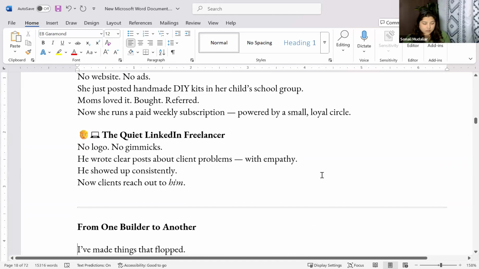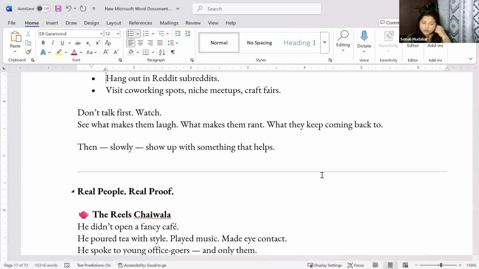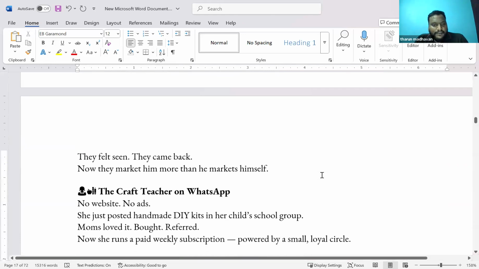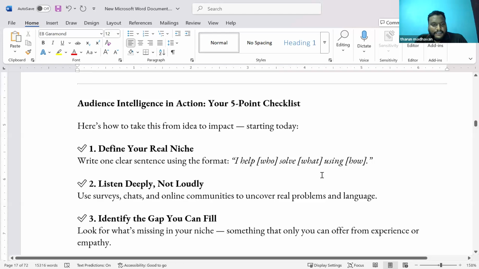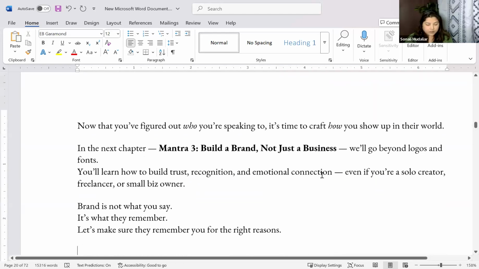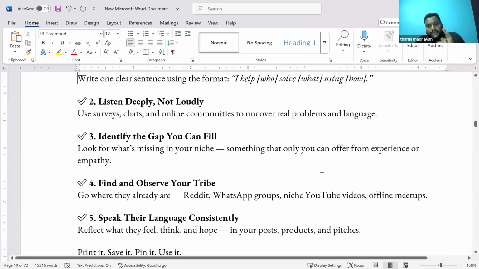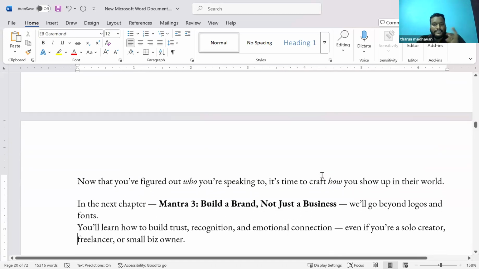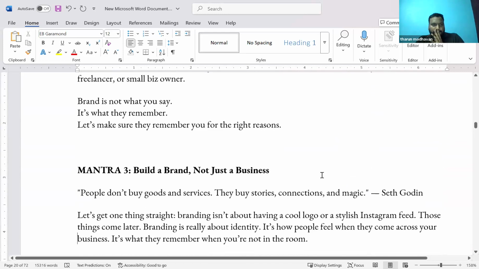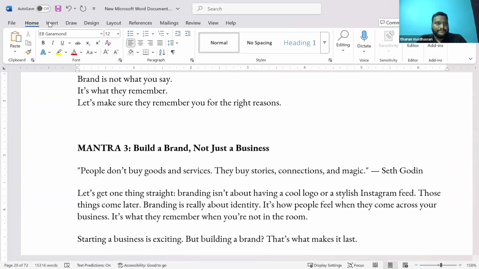Scroll up. See the emojis? The emojis have to be removed, the lines too, and there are a few other things to be taken out. When I used that prompt, it added that AI look. Even the tick marks were there. You've got to remove those. Complete emojis have to be removed. I was doing this in the evening, so it happened that way. Next, control enter for a new chapter, a page break before the mantra. Yes, page break.